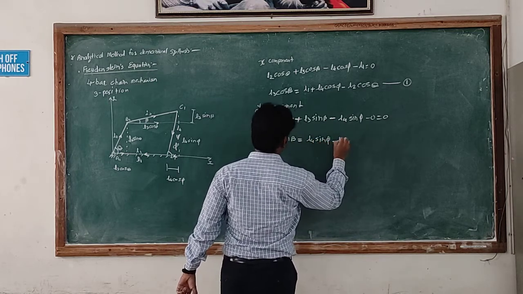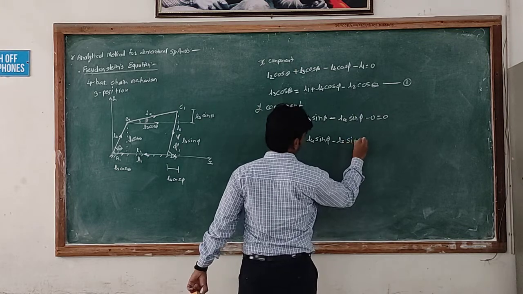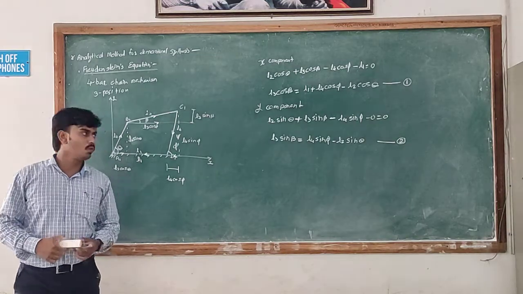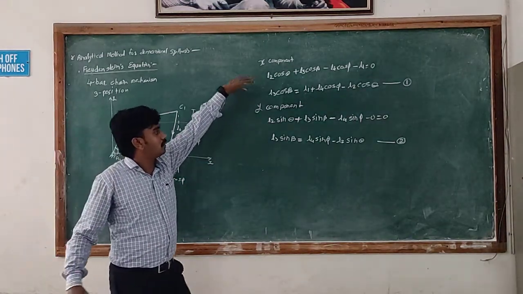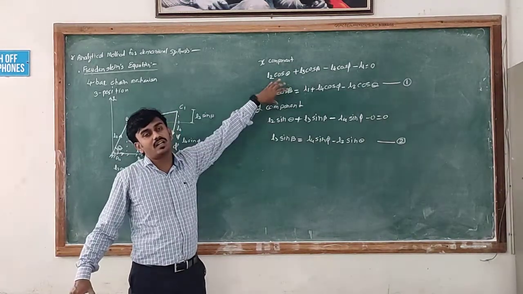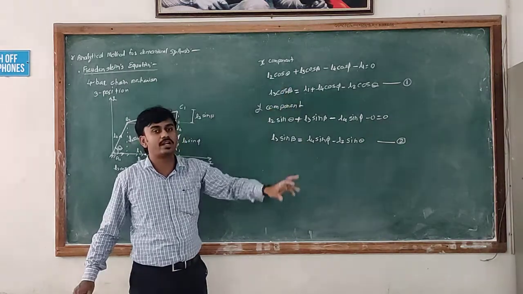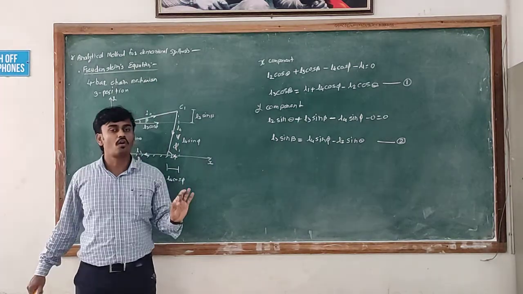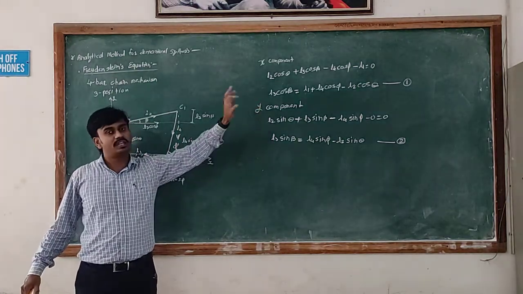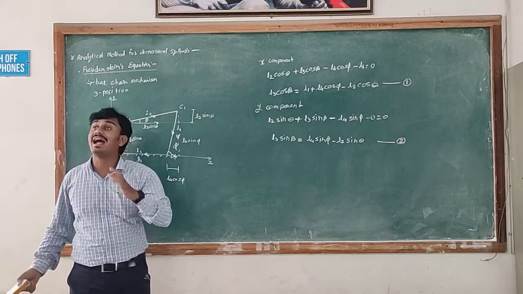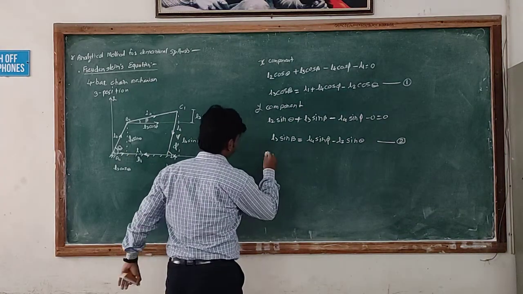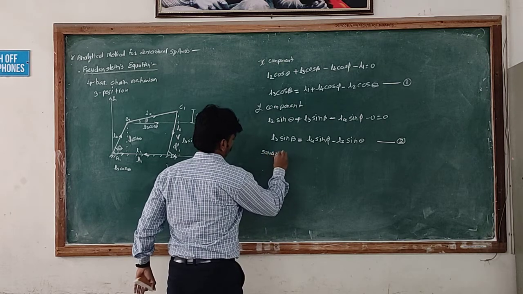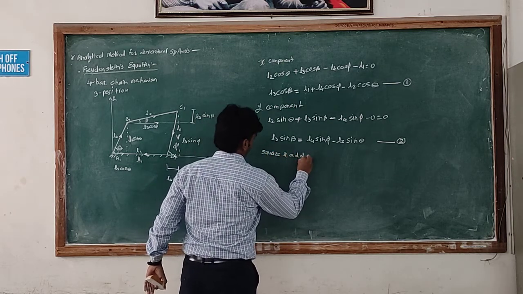minus L2 into sine of theta. This is equation number 2. Now we will take the square of both sides of equations 1 and 2, and then we will add them. So, square and add